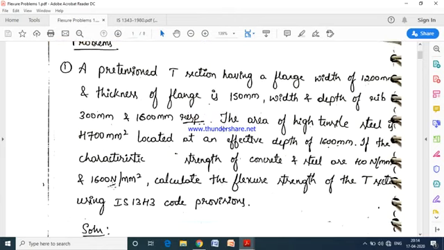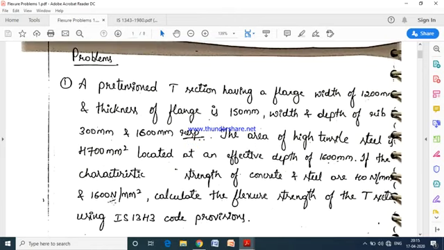In last class, we discussed about different cases for the analysis of flexural members, like bonded rectangular section, unbonded rectangular section, bonded flanged section and unbonded flanged section. By observing the question, first we need to decide which case the given problem belongs, whether it is bonded rectangle or unbonded rectangle, or whether it is bonded flanged or unbonded flanged.